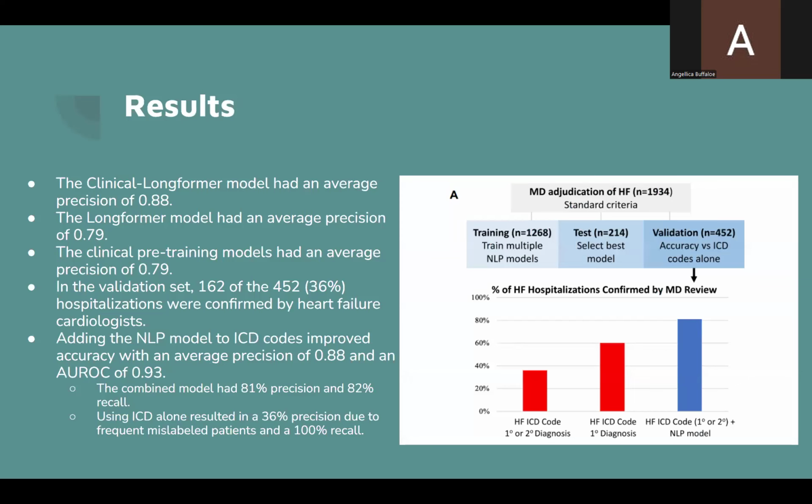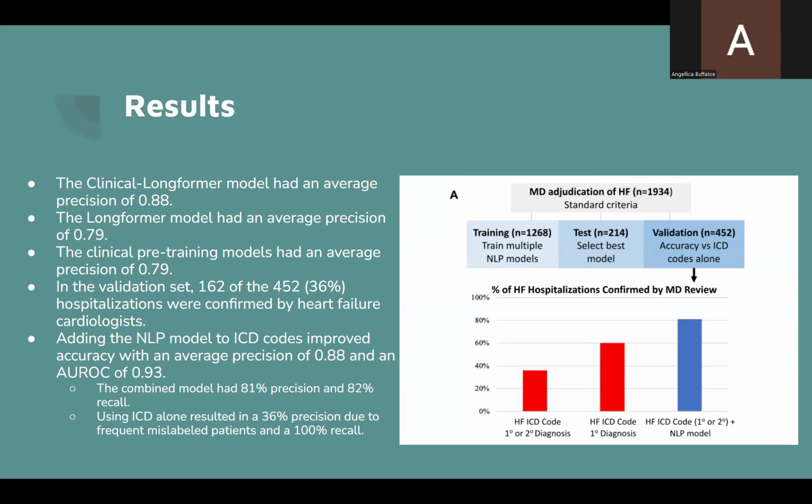So, focusing on that more, the clinical longformer model had an average precision of 0.88, while the longformer model had an average precision of 0.79. The clinical pre-training models had an average precision of 0.79 also.